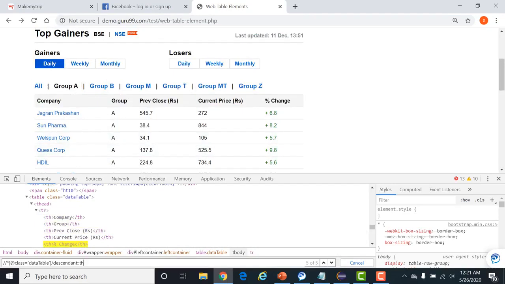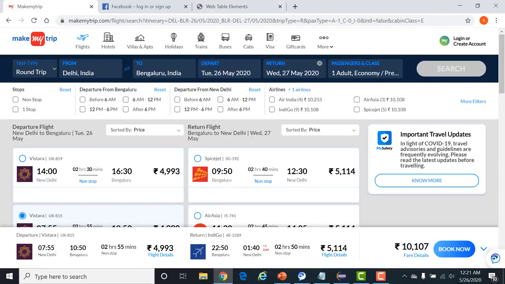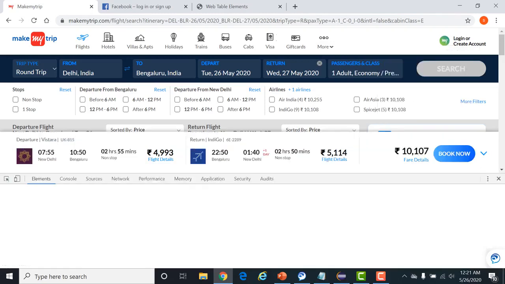I'll give you one another example of this, as this is going to be used mostly in Selenium. See, this is the MakeMyTrip application. Okay, these are the values that can be changed dynamically, right? Trains, holidays, buses. Okay, just inspect this.